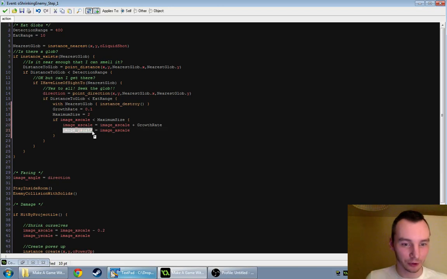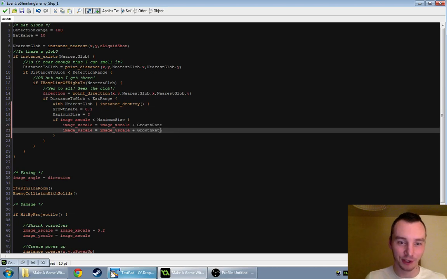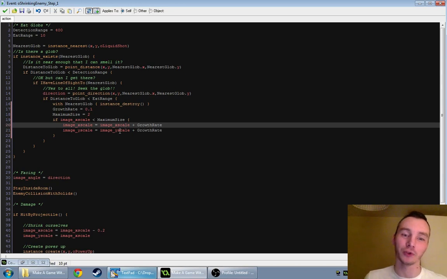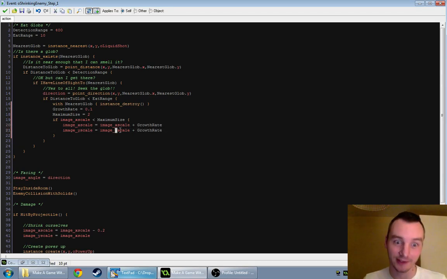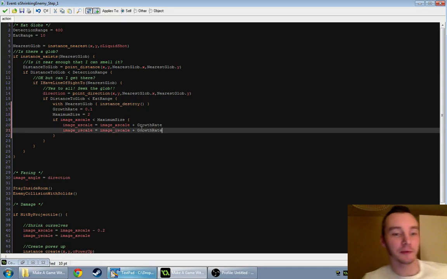Here I'm almost tempted to put image Y scale plus growth rate, because that doesn't need changing even if we change the growth rate, and it looked a bit weird having one of them adding growth rate. It almost looked like we were saying the other one shouldn't increase, but in fact it was subtly different. It was an image X scale there, so I'll change that to be clearer. So they start out at half size. Every time they eat one they'll grow, and once they hit double size they will no longer...